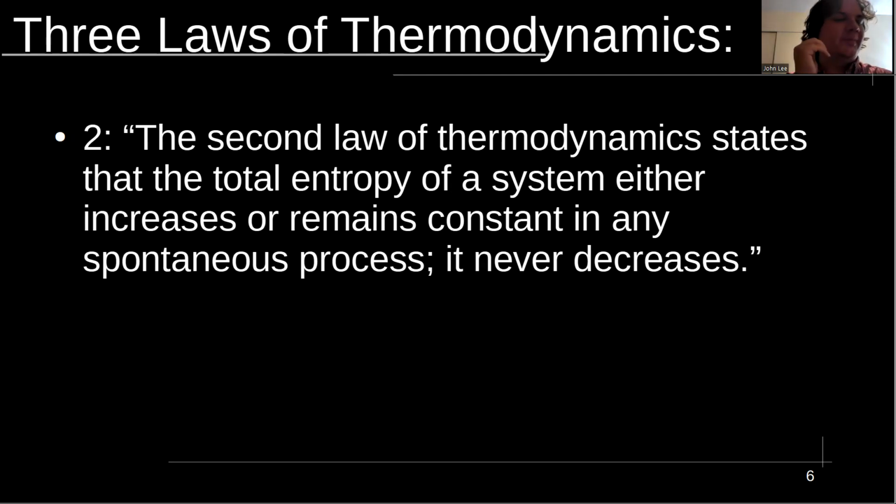And then the third law of thermodynamics, which they don't even touch on in the book, so I didn't put it in here, is just that as the temperature goes to absolute zero, if you'll remember what we were talking about in the last section or in the last chapter, the entropy of a system goes to a constant number for any given system. It's always going to be a constant number, which also means